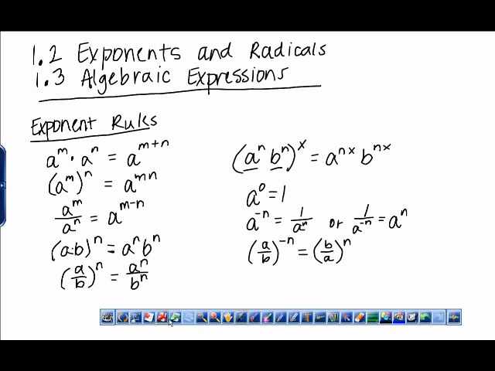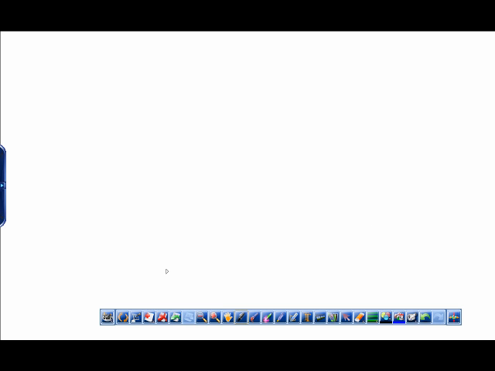Okay? All right, now let's talk about exponents and radicals. Okay? So when I say radical, you know, we have this word and we use it in math a lot, but really anything radical has to do with a root, not necessarily a square root, although that is kind of the default root. But let's say